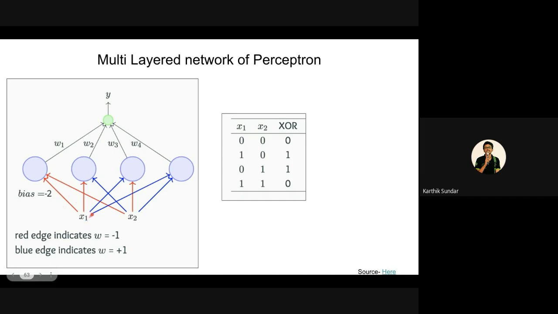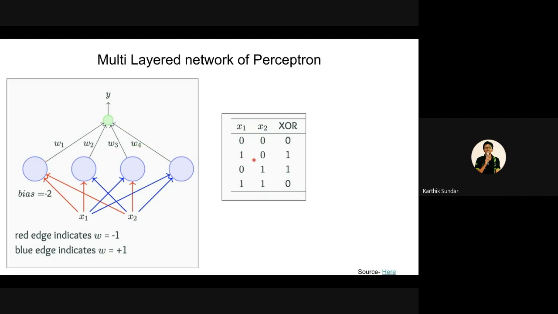These two are inputs, X1 and X2 are inputs, and this is the perceptron. And since it's a perceptron, we need to provide weights as well. For now, assume the weights are fixed. So assume that a red edge indicates the weight is -1, and the blue edge indicates that the weight is +1. So what happens here? Let's take 0 comma 0. So X1 is 0 and X2 is 0. And when you sum up, assume the bias is -2, sorry, I forgot to mention that. What happens when X1 comma X2 is 0 comma 0? So 0 plus 0 minus 2, this particular thing won't fire.